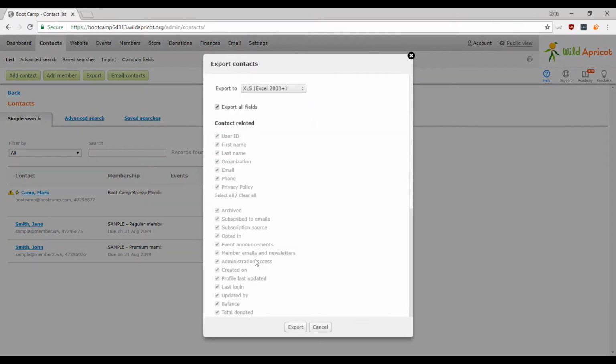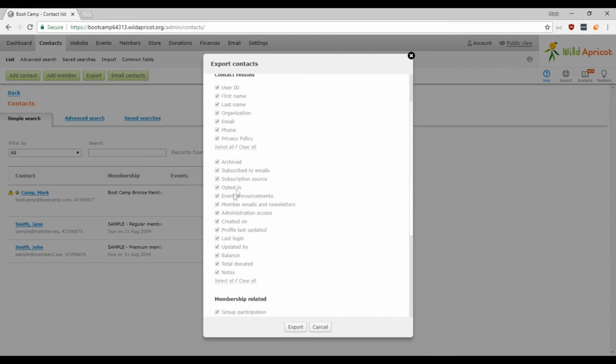And you'll see that will ask me which fields I want to take out of Wild Apricot and put into a spreadsheet. And if we scroll down just a little bit, you can see that there are a ton of fields here that your organization may not have added when you imported information, but that still exist on Wild Apricot. Things like member emails and newsletters, well, that will be the opt-in preference, whether somebody has opted in to Wild Apricot or to your organization, sending them things like newsletters. They'll have their own ability to be able to opt in or out of that on their email settings. And so you can bring that out and be able to see whether yes or no people have opted in or out.